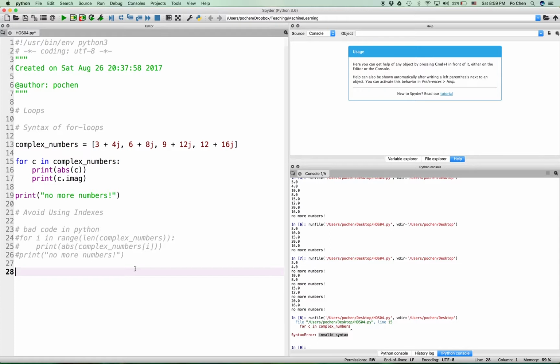One of the justifications for using an index in the loop is that sometimes we may need to loop through a list backwards, right? If we are still using an index in our loops, we can achieve this backward iteration without too much difficulty. So for i in range, instead of going from 0 to the length of the list subtract 1, we go from the length of the list subtract 1